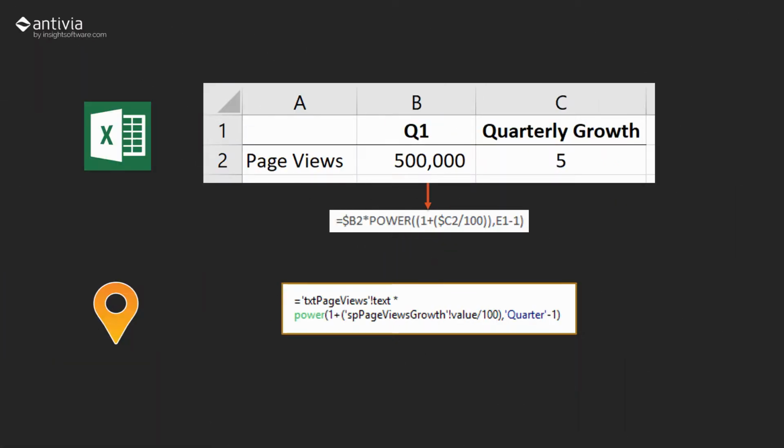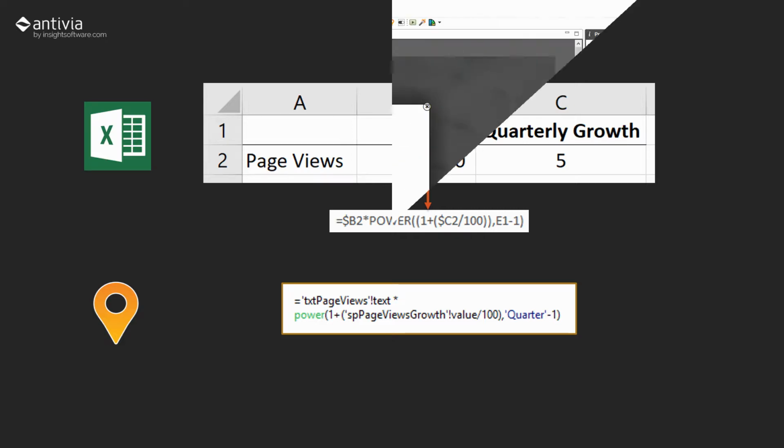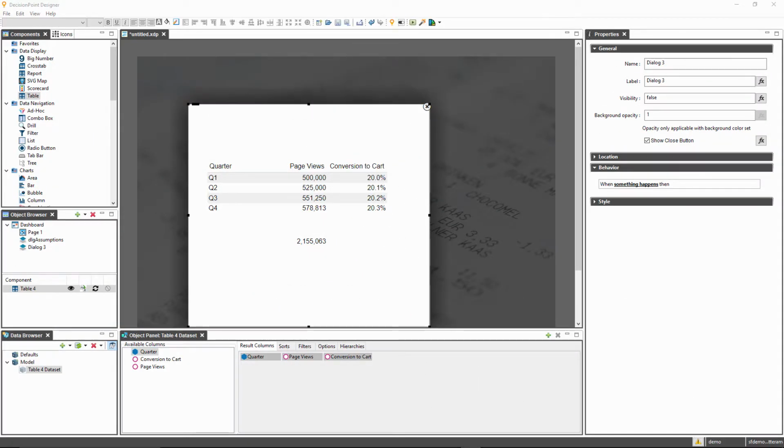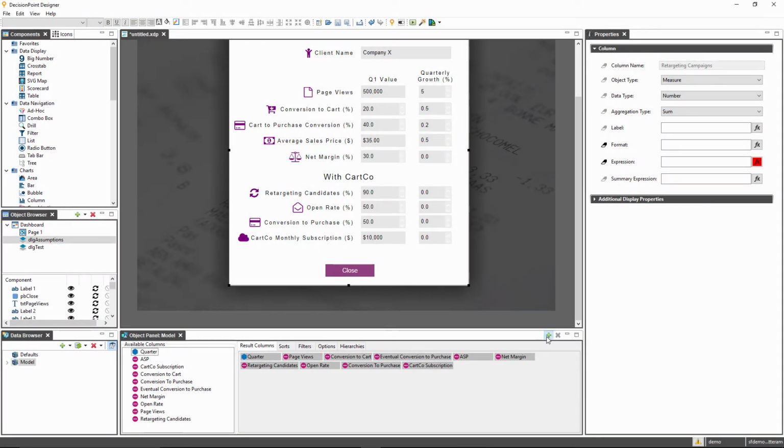To add in the growth rate, we need to modify our formula. And it's the same process we would use in Excel, using the power function to multiply 1 plus our growth rate to the power of the current quarter minus 1. With growth rate added into our formula, we can see page views increasing on a quarterly basis by viewing our temporary dialog. Once we've added custom columns for all our input values, we can move on to create the calculations that are at the